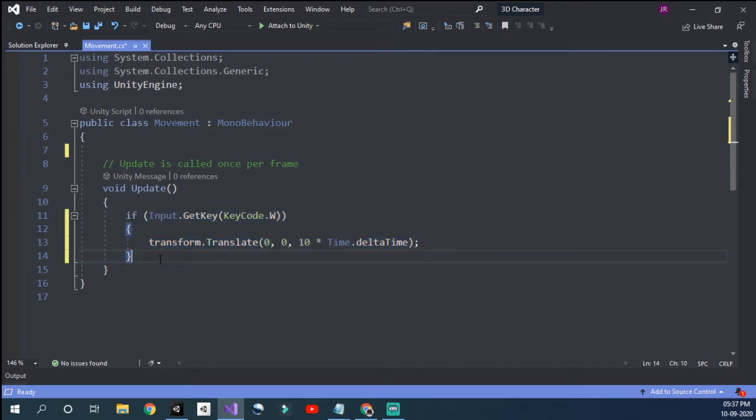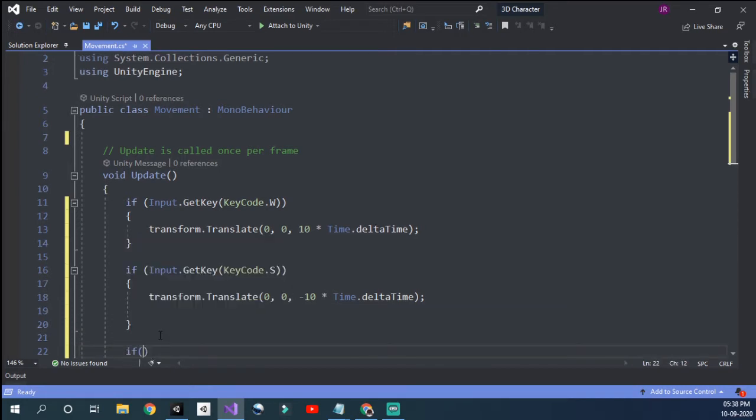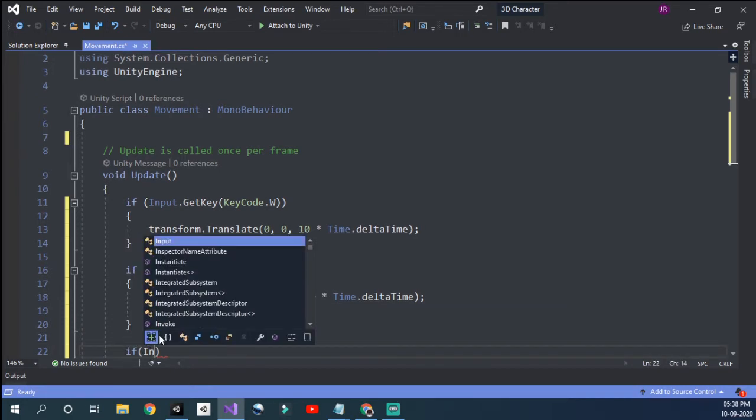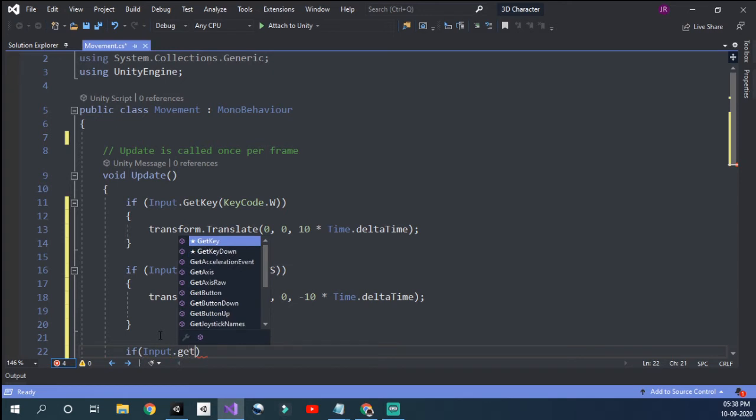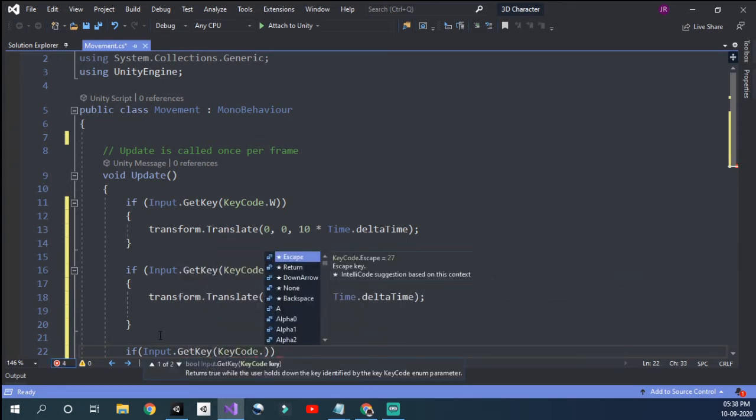I'm going to copy that and change this W to S. So when I hit S now, it should go backward. That would be -10. And I should do the same for if Input.GetKey KeyCode.A. So it should move towards the left